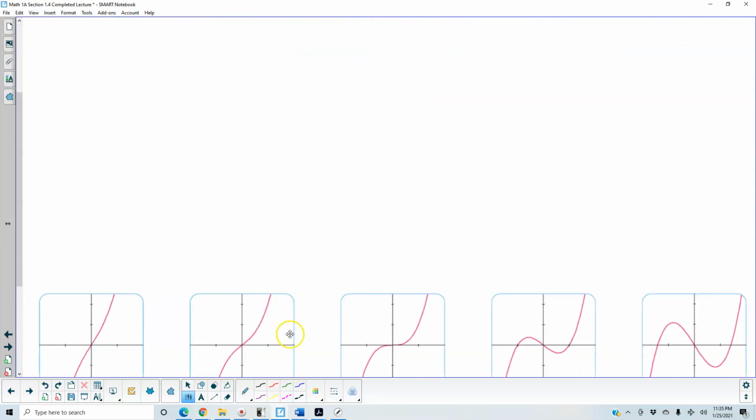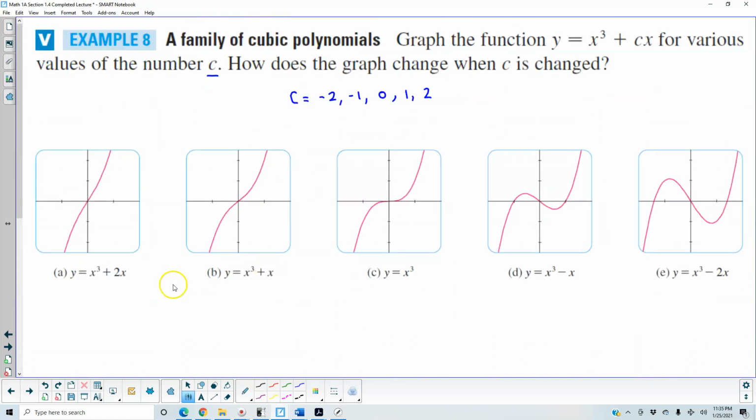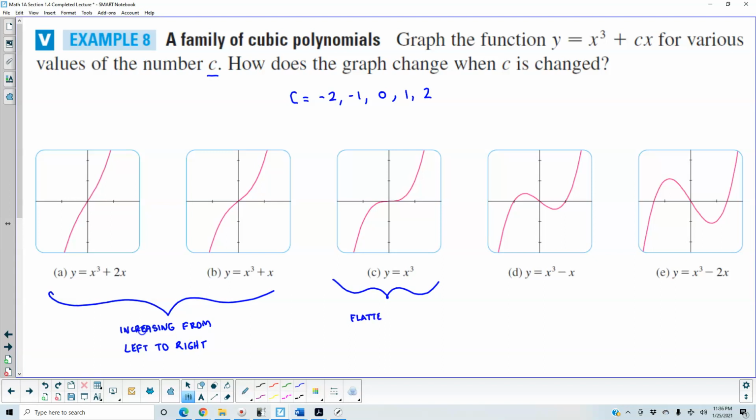So, again, what do we need to say about this? Well, this is what our graphs end up being. Okay, so whenever our values were positive, 2 and 1, we can see that it was increasing from left to right. When it was 0, we saw that it flattened out at 0. And then when we made them negative, then we had a minimum and maximum, where we had peaks